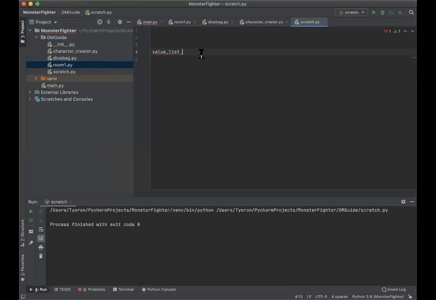Okay, so we have our value list here. I'm going to just put this in a list. Let's see, 2, 3, 5, 6, 10, 22, 12, and we'll put in an extra one there for 3. Usually if we wanted to move through this list, we would use a for loop. So for i in value_list, put a colon at the end, and we just have it print i. Or in this case, we could go a little bit further and say this value